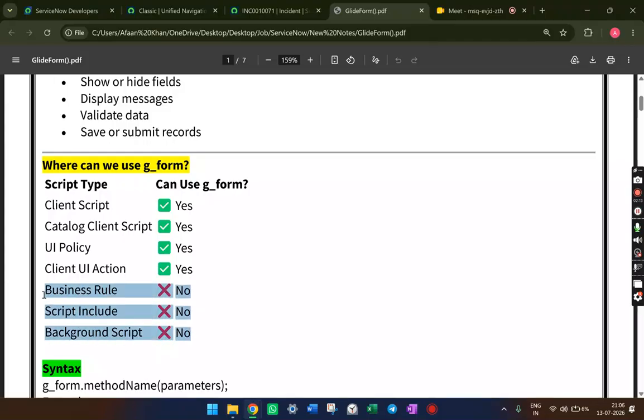Why can we not use it there? Because these are server-side scripts, and GlideForm works on the browser side, client side, which doesn't have direct